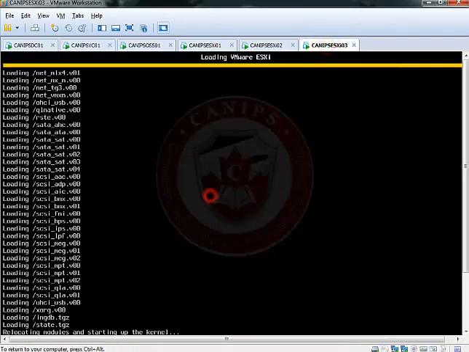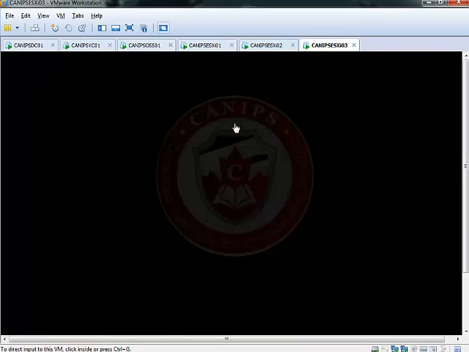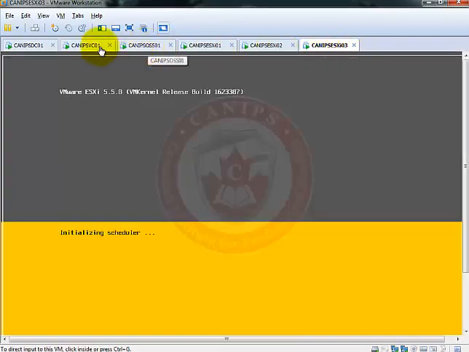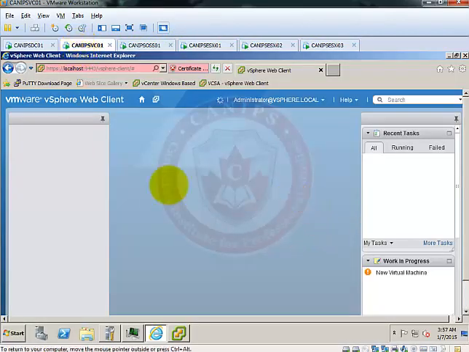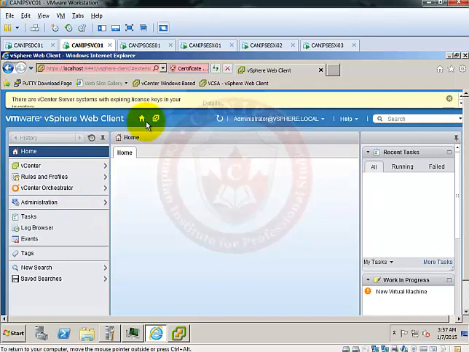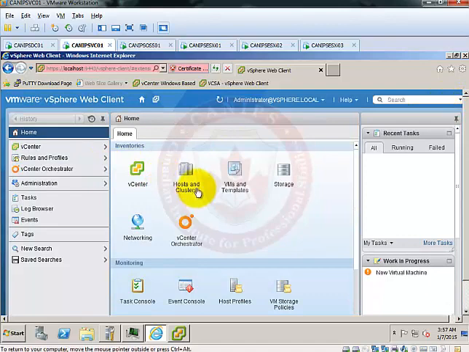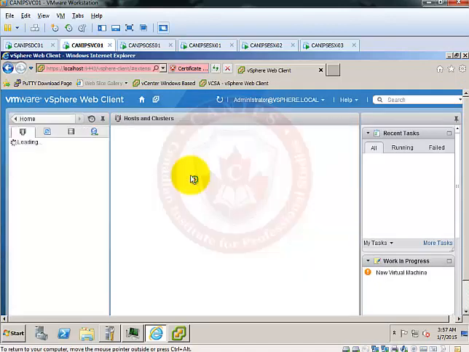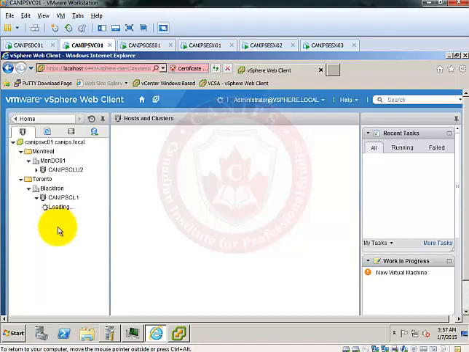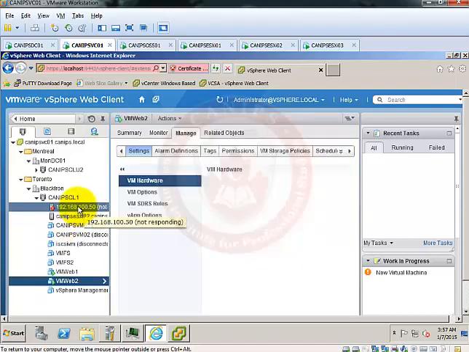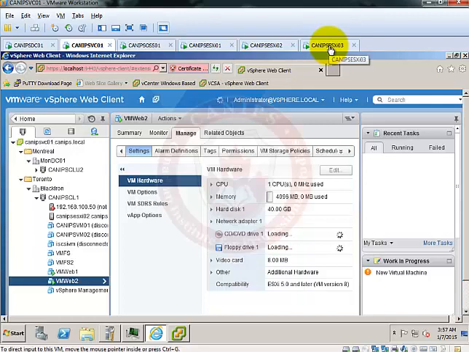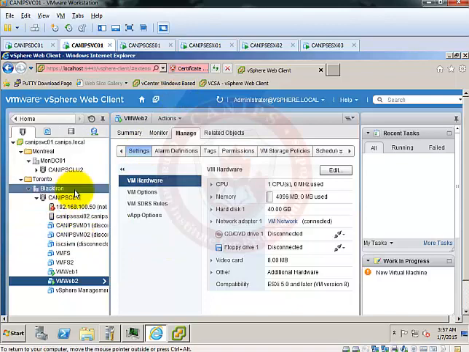In the meantime, let me look at it. Our ESXi 3 is still starting up. In vCenter, it is connecting. It's just a little bit different interface. I can go into hosts and clusters. Within hosts and clusters, I have two ESXi hosts, ESXi host 1 and 2. The third one is not yet added because I wanted to show you the networking from the legacy client, and now we'll see the networking within the